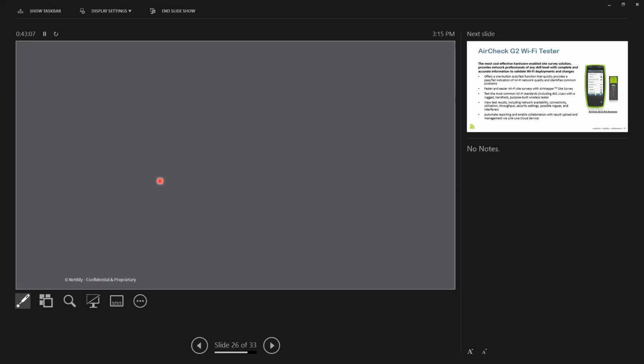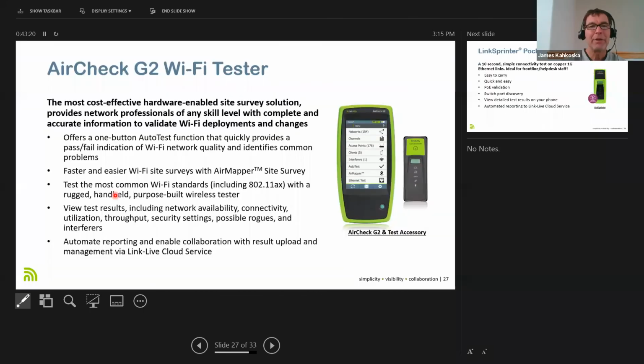Hey, is it possible to go over, you went over a lot. Maybe go over the products that we have, some of the features of the new products, like the Link Runner 10 gig. Yeah, got it. And the Aircheck with the new survey abilities in it. Okay, I will do that. Like I said, I was trying to steer away from product stuff, but since you ask,